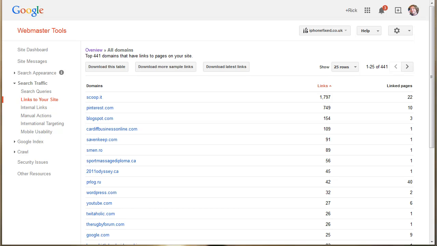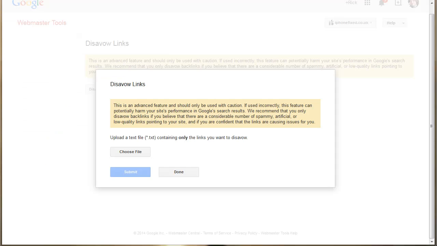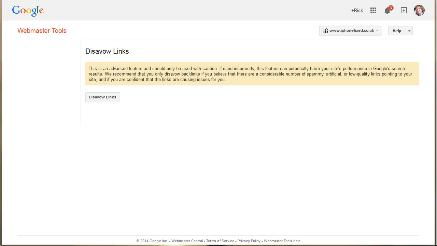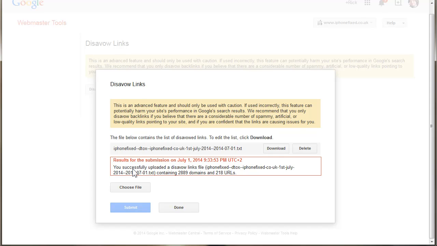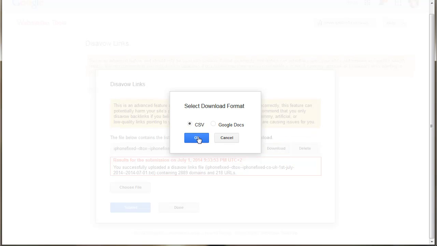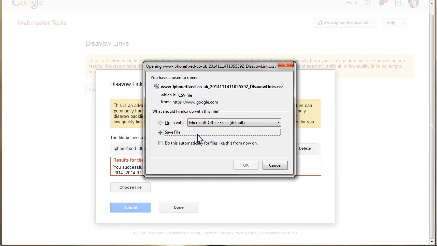Now, the other thing I need from this site is a copy of the disavow file. There is a disavow file already uploaded. So if you give me access to your webmaster tools, I can just go into the disavow links area and download that myself. So then I've got everything I need to do the link audit.